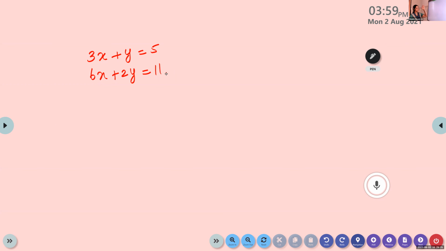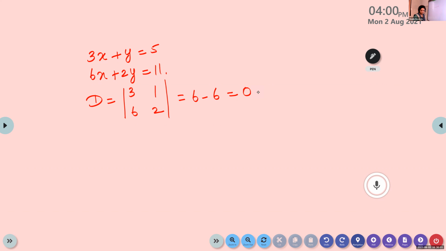Okay. And it is written in the general form: a1x plus b1y is equal to c1, a2x plus b2y is equal to c2, with variables on one side and constants on the other side. So the next step, you find out D. D is the determinant got by taking the coefficients. What is D? It is 6 minus 6. We get this value as 0.